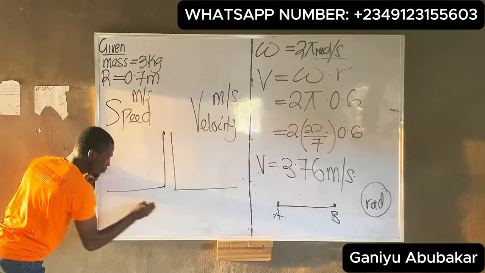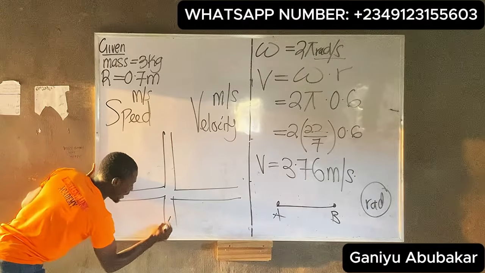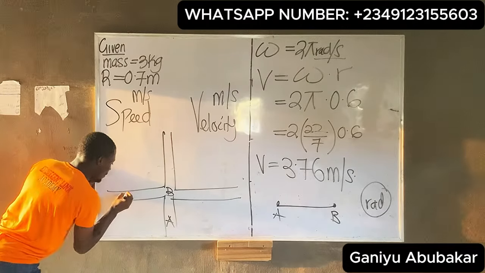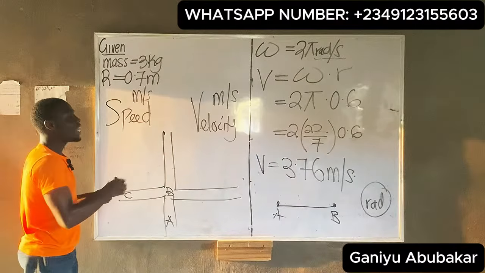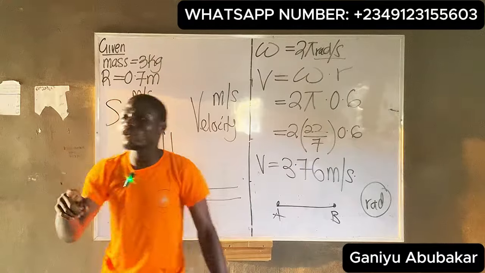If I have a road map this way, I want to explain speed and velocity for you. Person A, person B, person C. Now, let's explain speed. If person A, young man,